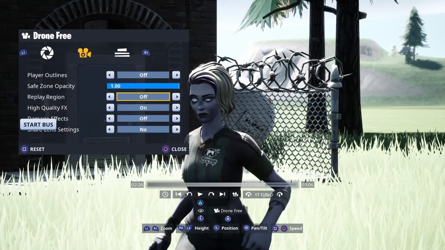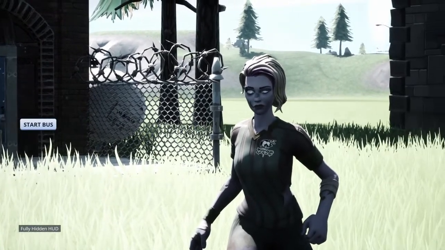And then go to drone free. Make sure high quality effects are on. So make sure that they are on. Now once you have that done, you can just go out of this, and then take the HUD off the